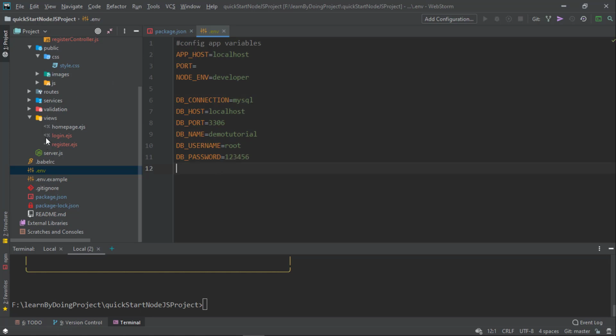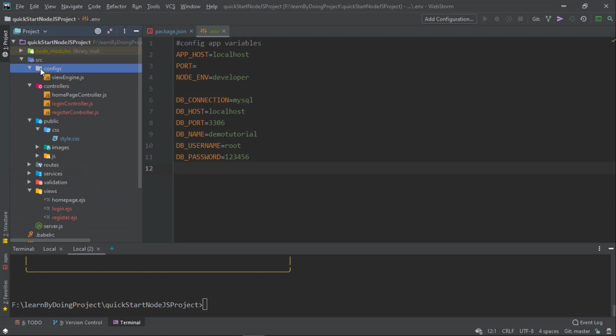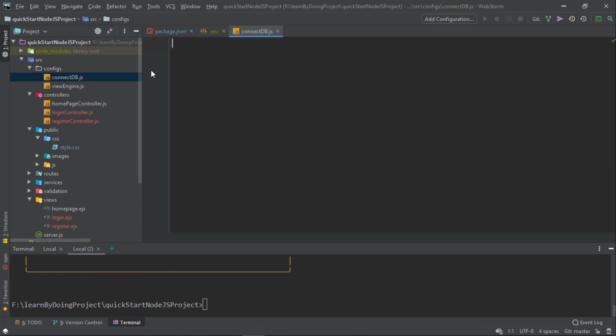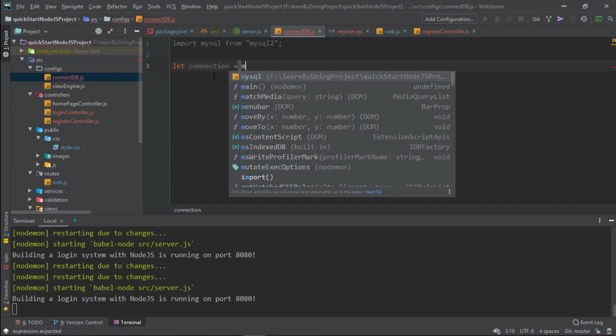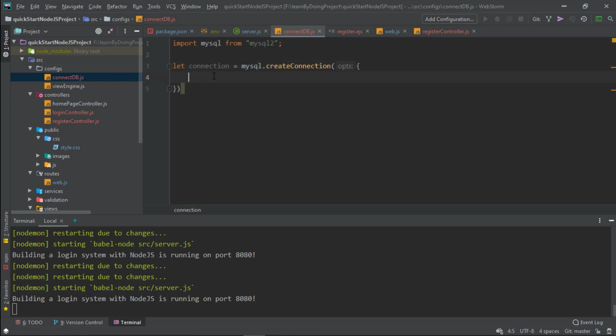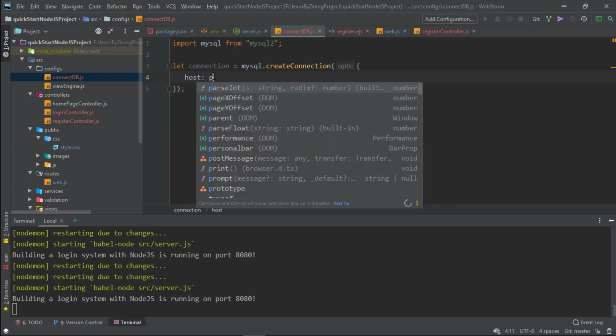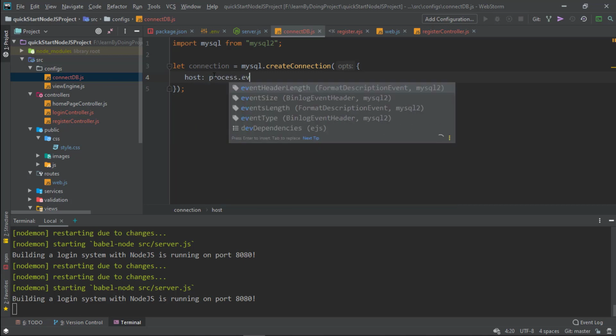Next, we need to create a connection to the database. In the config folder, create a new file, connectdb.js. I import mysql from the mysql2 package. I define a connection parameter equal to a MySQL connection. We have to pass an object with parameters to connect to the database. The first parameter is the database host. For security reasons, we shouldn't use plain text, so we get the host from the .env file,